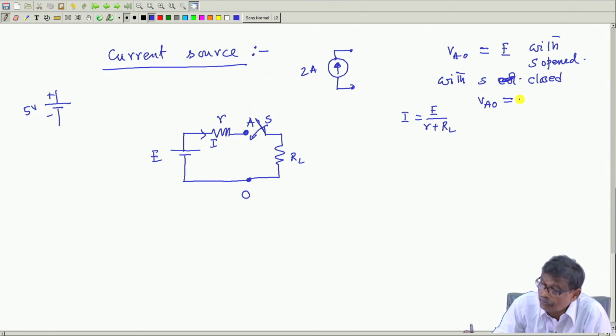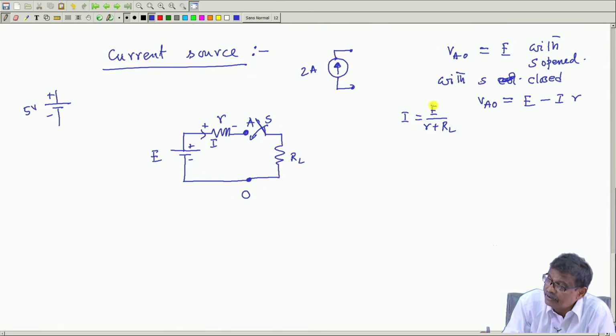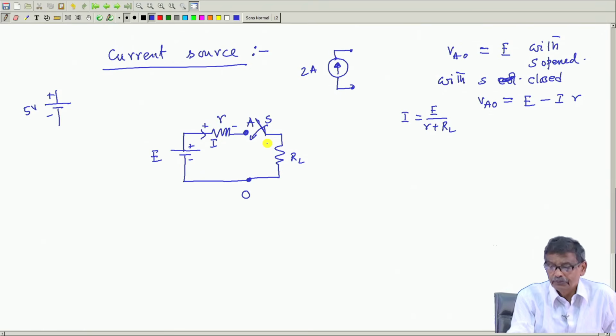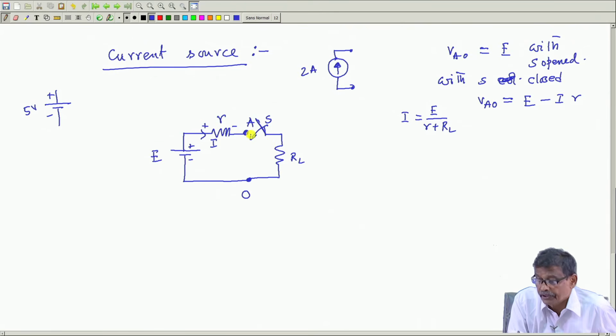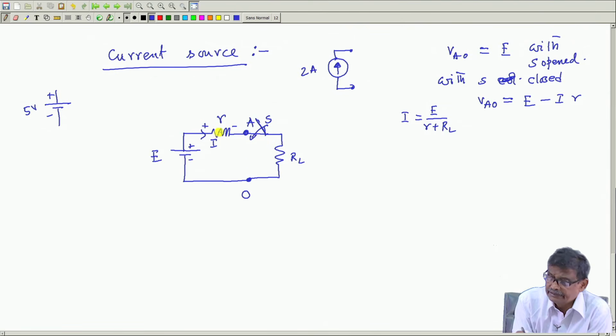and VAO will be nothing but E from this to this plus, from this to this minus Ir, and the I value is this. So, that will be slightly less, as I told you. So, I have to bring the idea of a current source, you can think in this way. Okay. In this circuit,